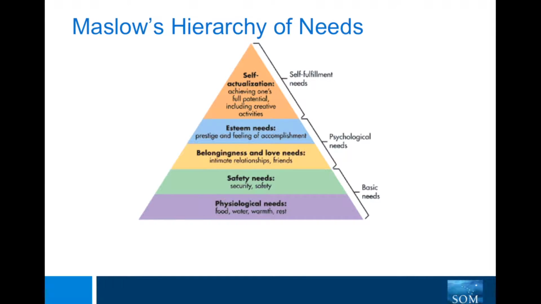First, there's Maslow's hierarchy of needs. This is a psychological theory about how people are motivated. It's not particular to workplace motivation. It's more general. And essentially it states that people will first try to satisfy their most basic needs, their physiological needs, such as those for food, water, warmth, and rest, before moving up towards more intangible needs, such as psychological needs, the need for love, and finally self-actualization, which is achieving one's full